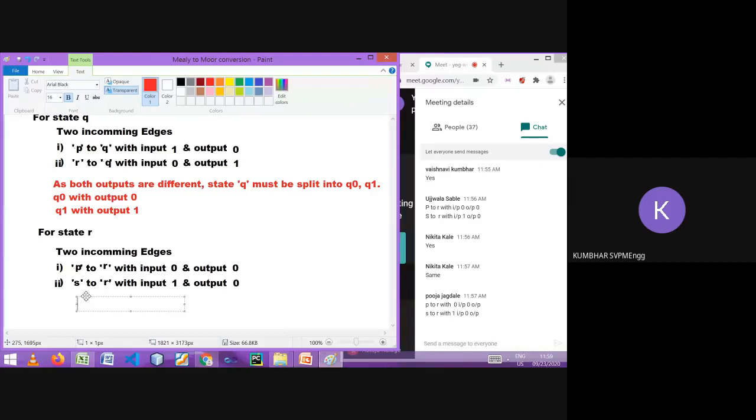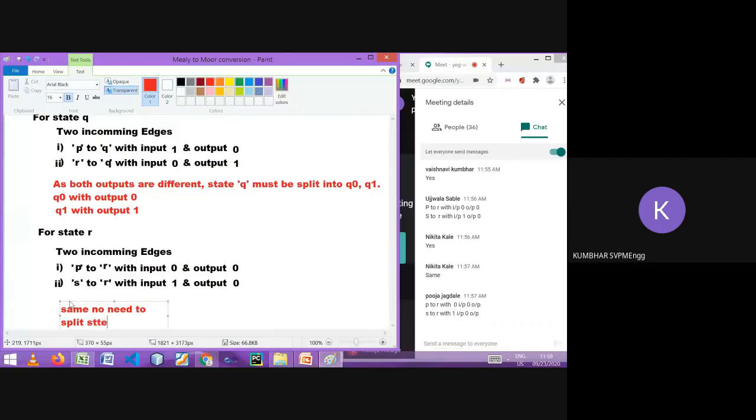both outputs are same. No need to split. No need to split the state.